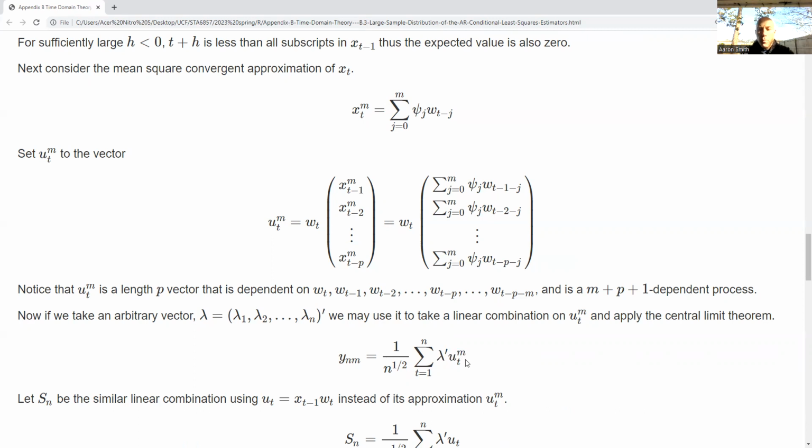So now you'll notice I have a double indexed statistic right there. So this depends on sample size. This depends on the size of the approximation that we have going on here. So here's the M. This is the number of white noise terms in the approximation, and N corresponds to the sample size that we've got at any given moment. All right, so now